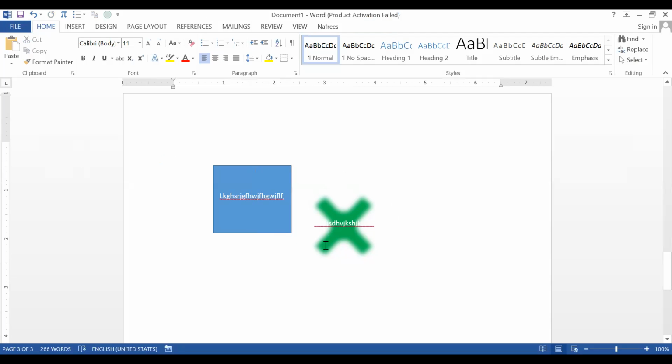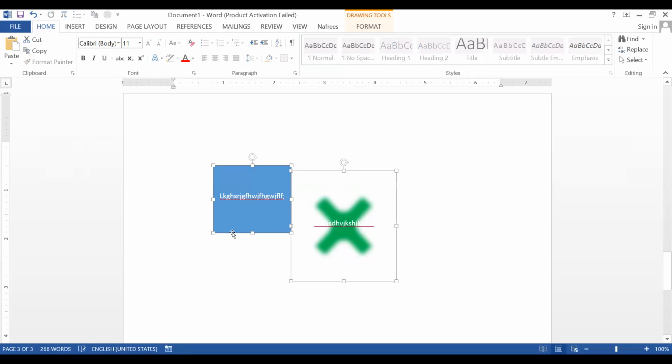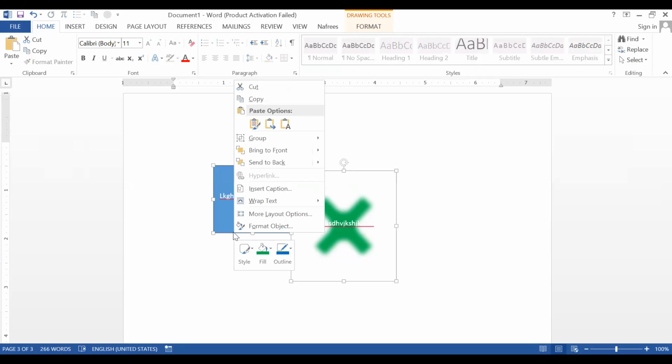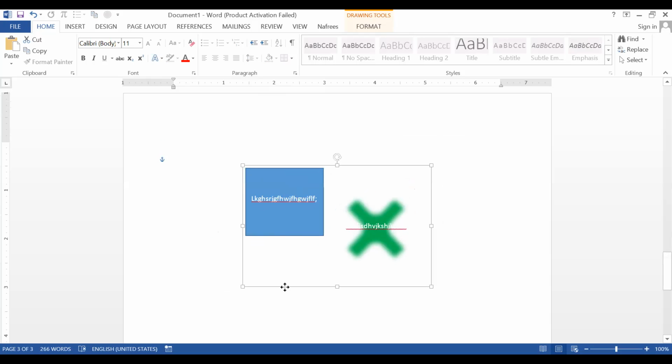For example, select this shape, now press Ctrl and click the second shape also. Now both are selected. Right click on it and choose group. Now these two become a single object, a single shape.